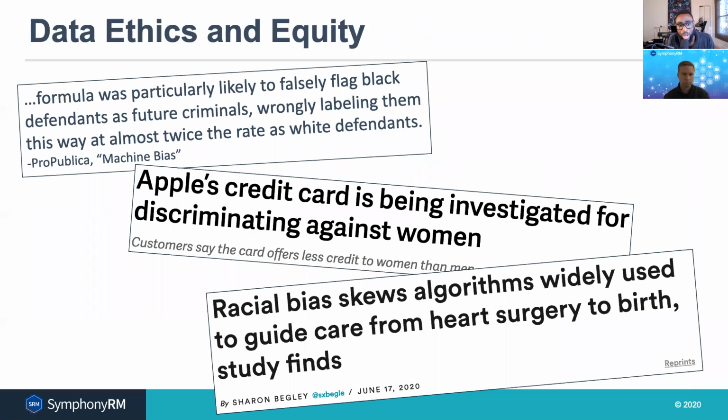Early on, we brought up the ethical challenges and ethical considerations. We brought this up in the first session, but just a recap, we focused on an algorithm that was used to identify people's likelihood to commit crimes again after being released. It was unfairly targeting Black people, saying that they were twice as likely to recommit as white defendants. We talked about the gender bias that was made apparent in Apple's credit algorithm. And we even talked about how in healthcare there's been extensive testing around these algorithms and discovery around racial bias.